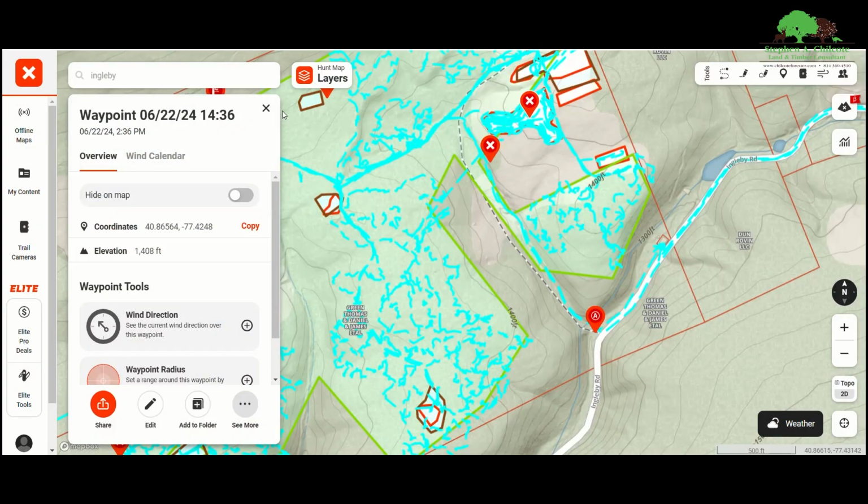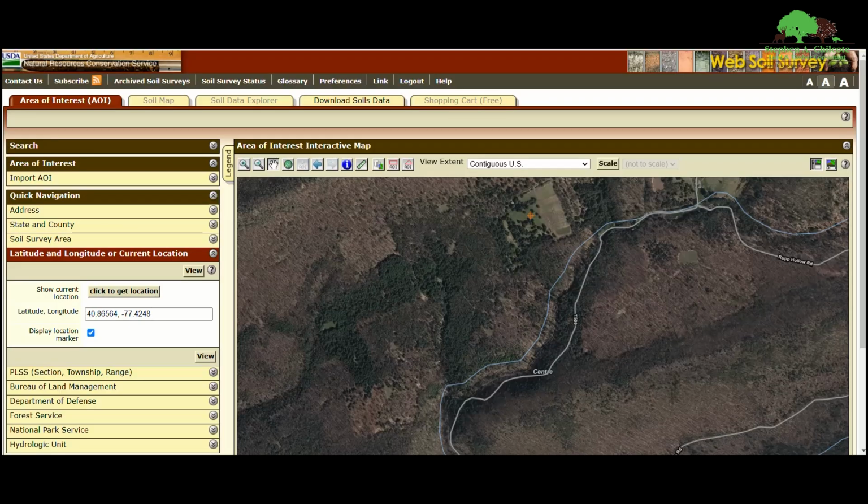Okay, the first thing I like to do when I'm trying to figure out what the soil conditions are is I go to my Onyx app, or you could use the Spartan Forge or any other app, or even Google Maps. You just locate the spot that you want to inquire about, grab yourself a coordinate. So I'm interested in this spot right here because there's a field there. I want to see what the soils look like. So here's the coordinates down here. Hit copy. Then you want to go over to the Web Soil Survey